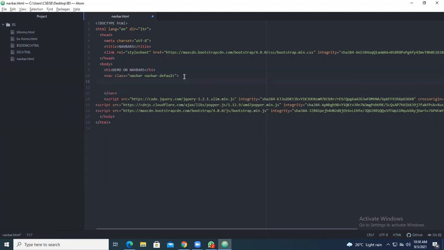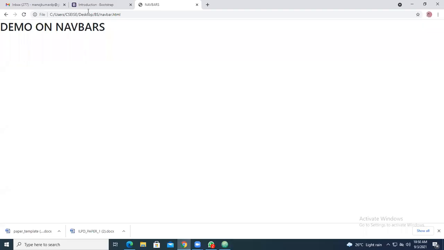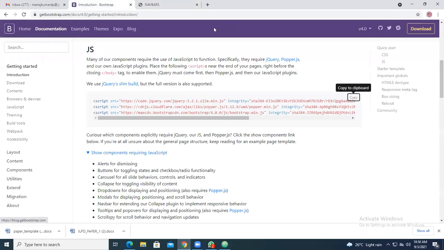Inside that, each navigation, as I have told you, this is also the navigation bar. Here you can see inside that you are getting home, documentation, example, themes. This is also called a bar. Now all these elements we call as header. In bootstrap, this one is called a header tag.